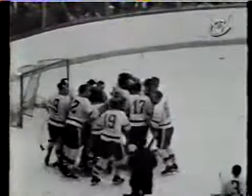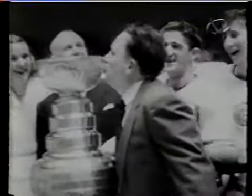For the 2nd straight year, these colorful, well-matched teams went down to the 7th and deciding game in the Stanley Cup Final. The first time rookie coach Jimmy Skinner ever saw the Stanley Cup at close range. Clarence Campbell, president of the National